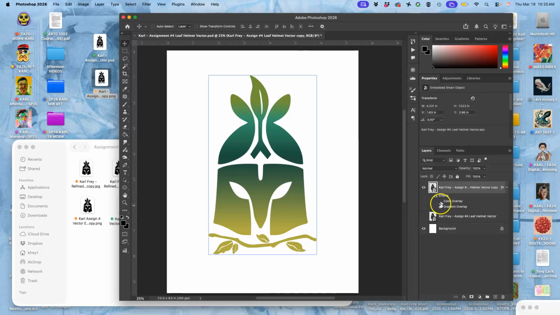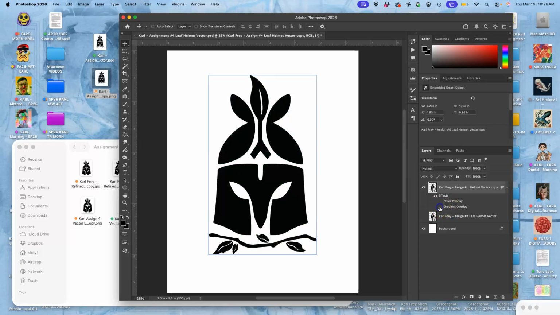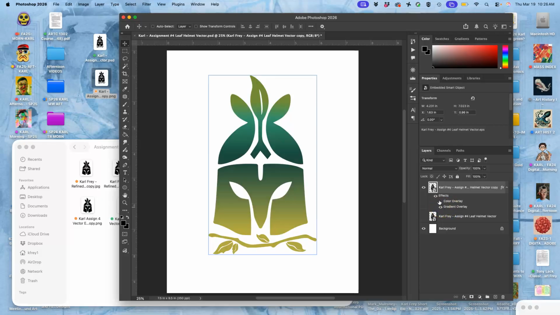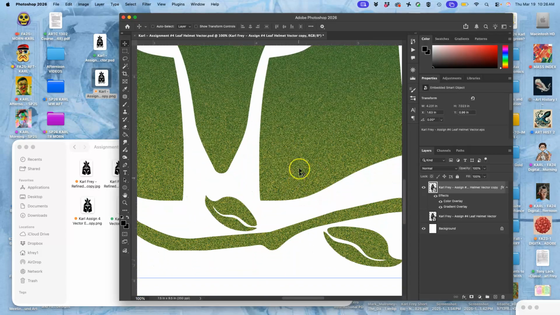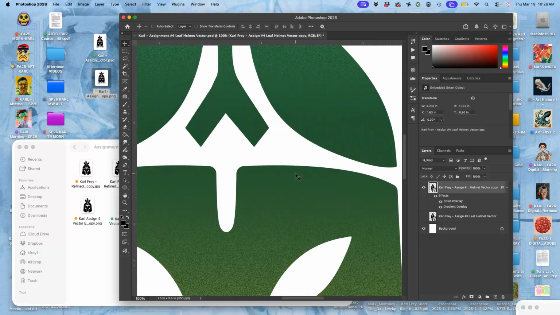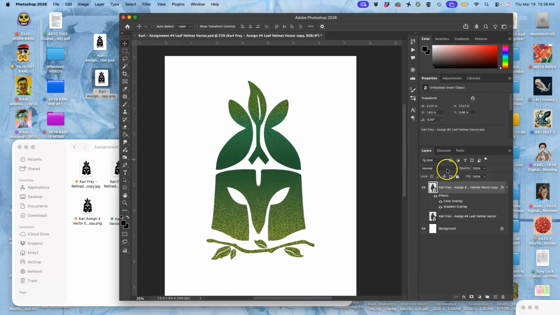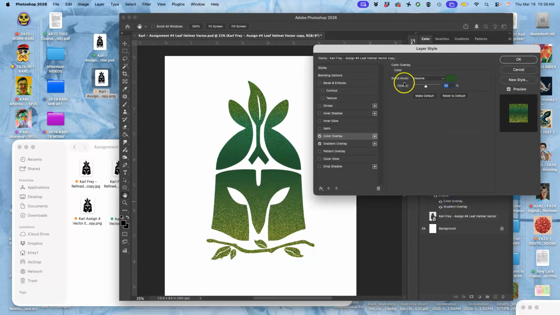Okay, now I have two attributes here. One is turned off, which is the color overlay, and one is turned on, the gradient overlay. So I can see what it looks like with both of them. So now I have the gradient underneath and that textured green on top. But what if I want to edit it? Well, I can